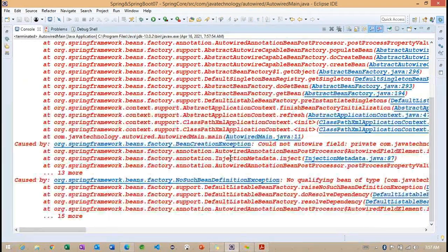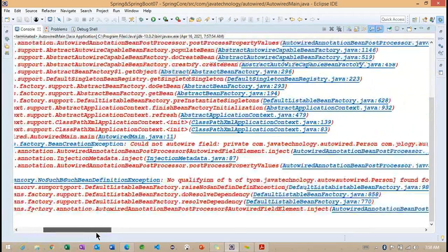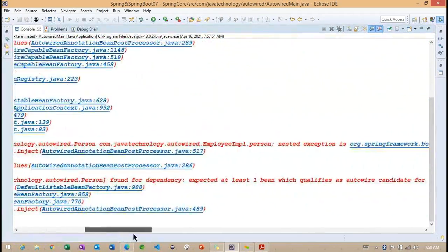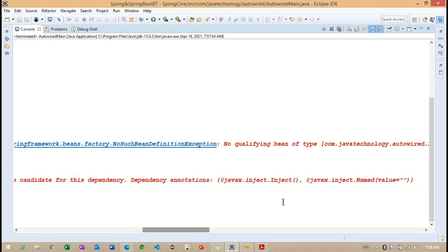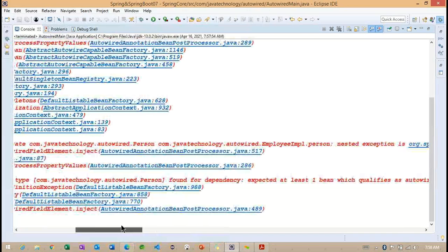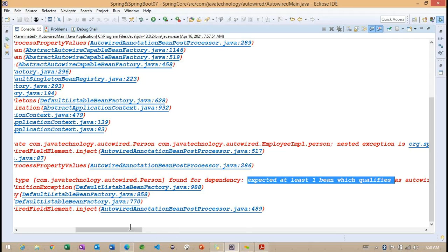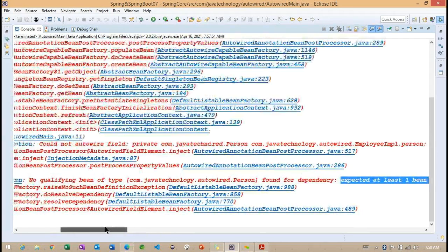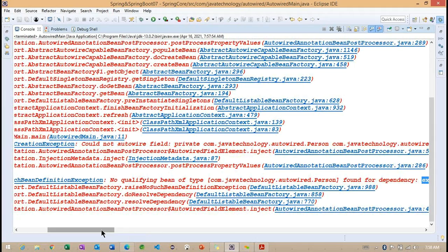Yes, you can see we are getting here that for different, at least one bean which qualifies the autowire. So carefully observe here, no qualifying bean type here.